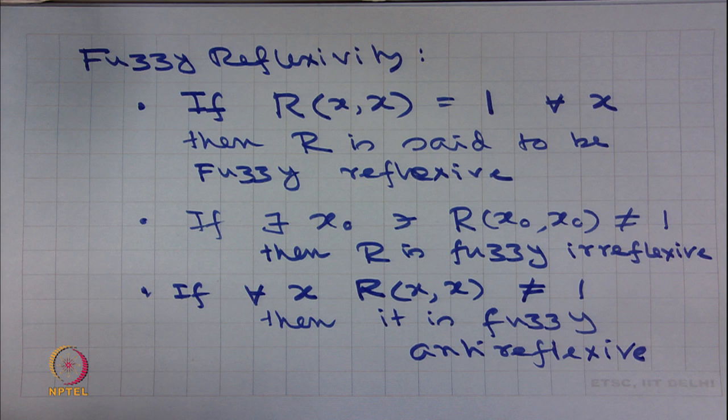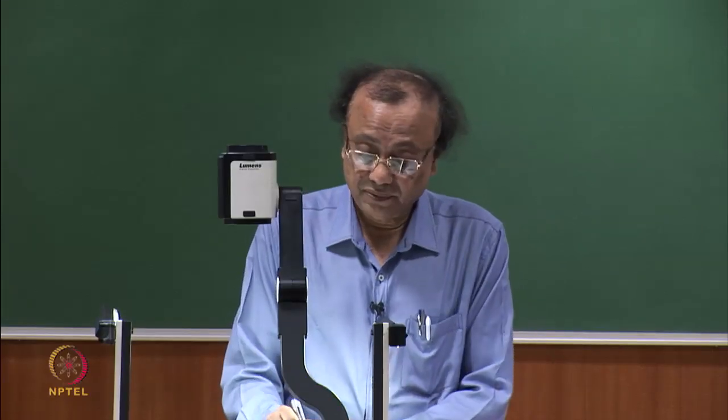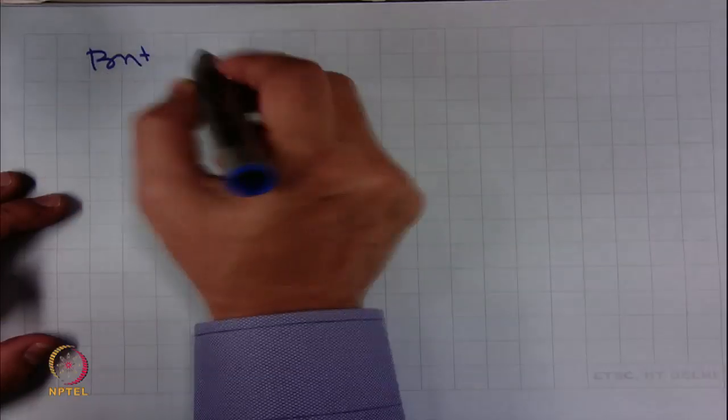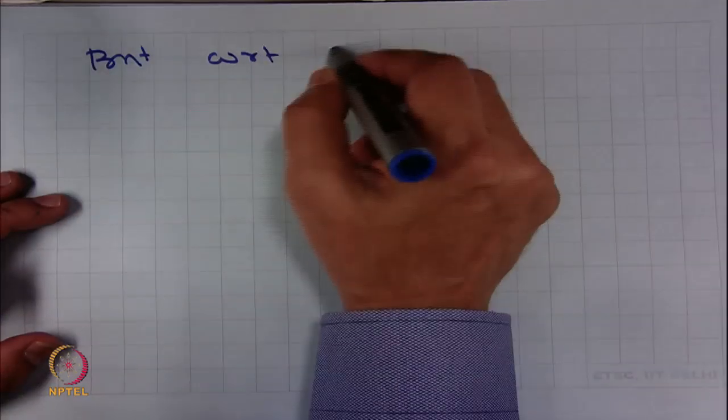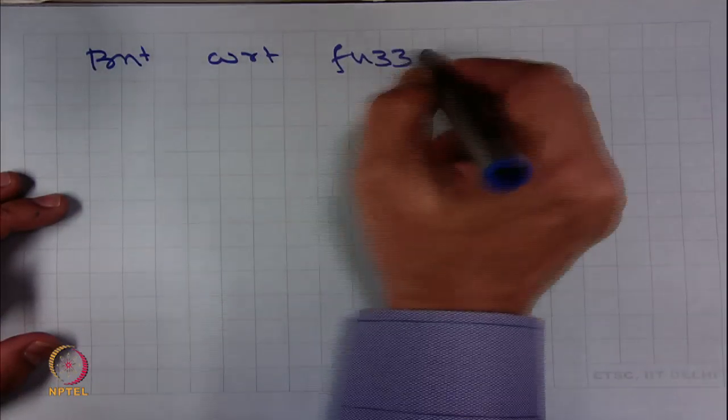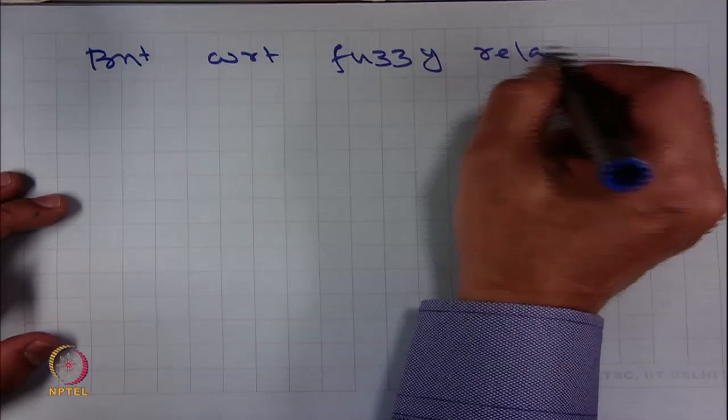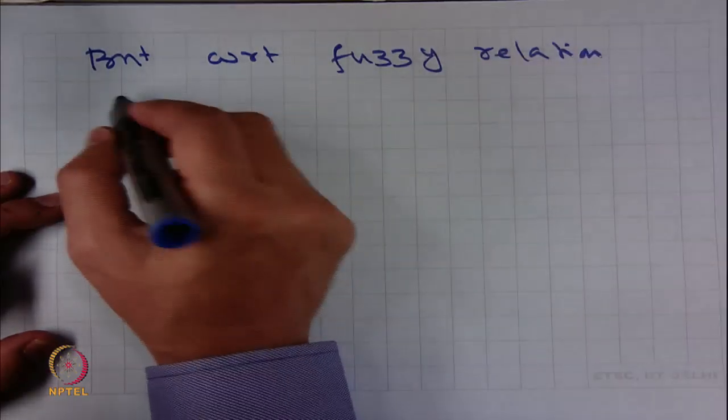So, these three are similar to what we defined with respect to crisp relations, but with respect to fuzzy relation, we have